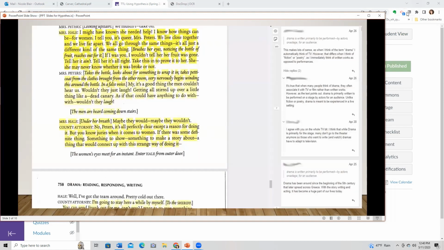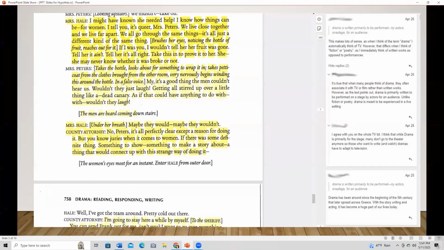So I'm going to show you, can everyone see this okay? Yep, you can make the window a little bigger if you want. A little bigger. Yep. Okay. There we go. Can y'all see that? Yep.